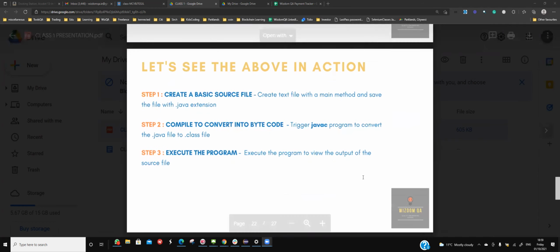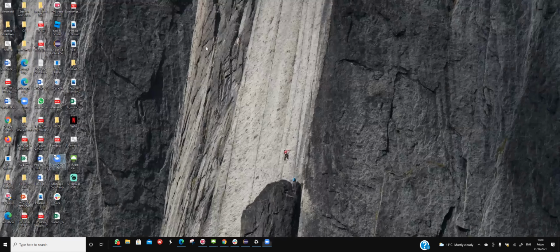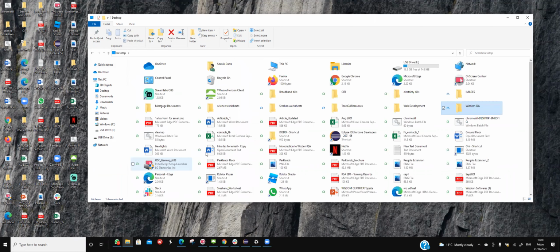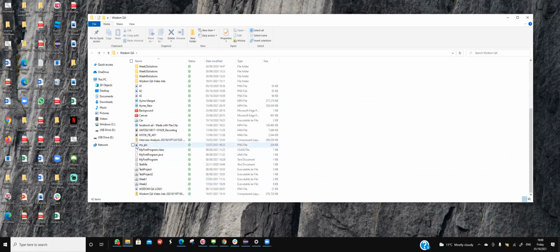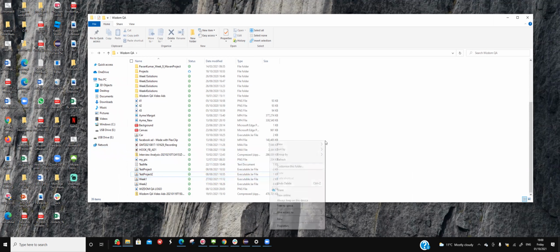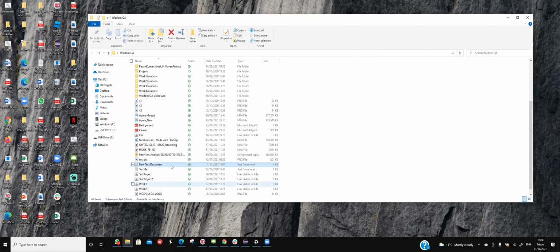All right. Let's see this whole thing above in action. Very simple to do. What I'll do is I'll simply go back to my Wisdom QA folder. I will simply create, let me actually delete a few things. Okay, so new file, just a new file. That's fine. I'm going to give a name to this file. Say hello